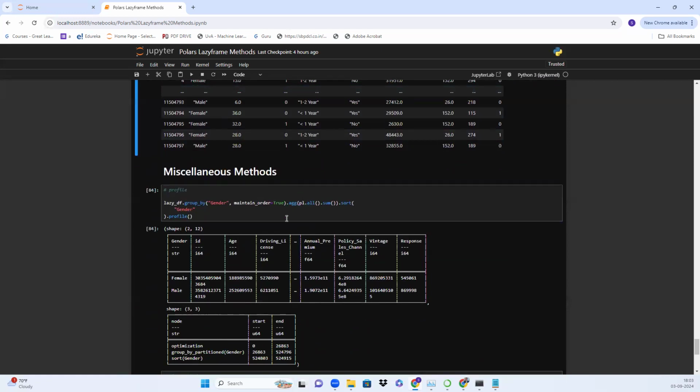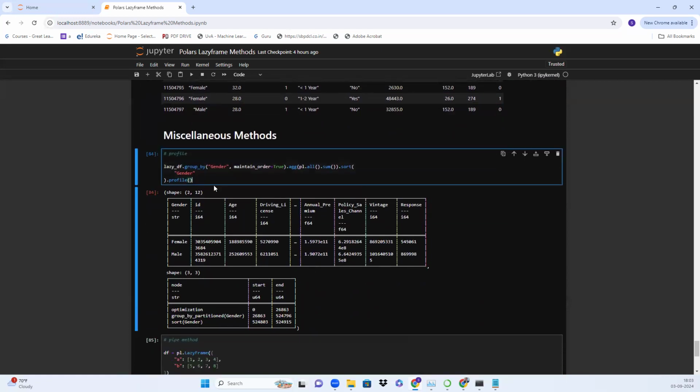Then we have the miscellaneous methods. The first important method is the profile. The profile method is used to generate the profiling information about a data frame. It provides insights into the data structure and content. This is useful for understanding the distribution, types, and statistics of the data within a data frame. So